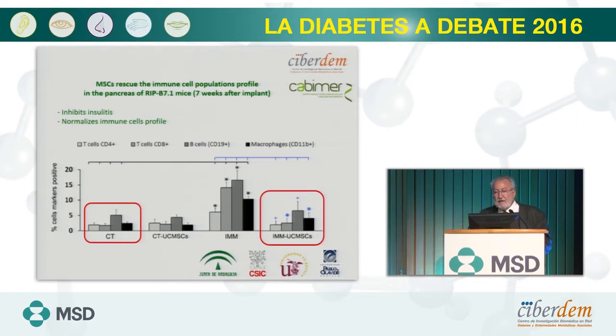Why am I saying that? Because we have previous data from the group of Karolinska, from Ole Kosgren, who is collaborating with us as well, by which they use bone marrow mesenchymal stem cells in adult diabetic patients. So we would like to use this kind of cells, adipose-derived cells, autologous from the same patient, in patients who are recently diagnosed with type 1 diabetes. In the case of Spain, which are more than 18, so adult patients, recently diagnosed,